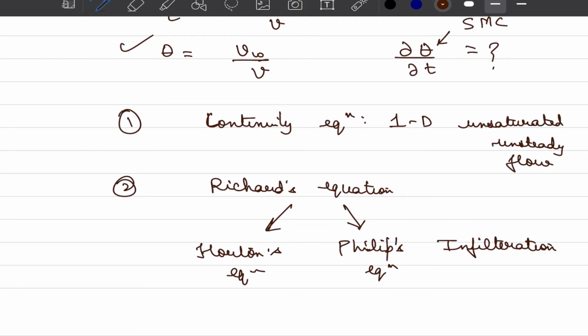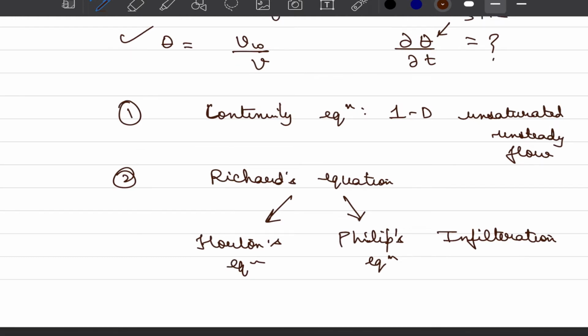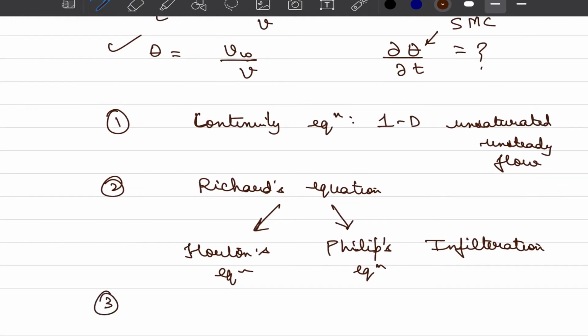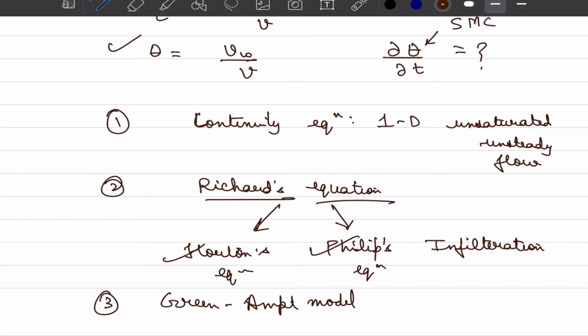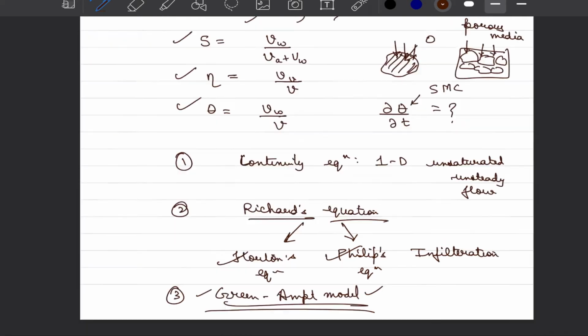And we would be interested to learn about that final form so that we can estimate at what rate infiltration would happen. And this estimation of rates forms the essence of hydrological models. Then we will look into another more physically relevant model, what we call the Green-Ampt model, where we will try to address the limitations or assumptions that are made in Horton's and Phillips equation and come up with a more realistic representation of transportation of water within soil media, and we would learn about the Green-Ampt model.